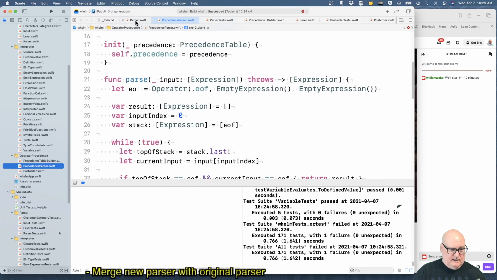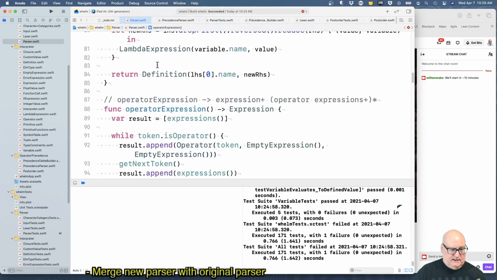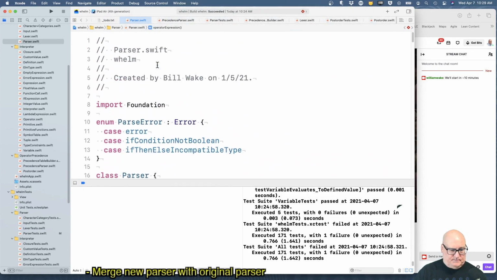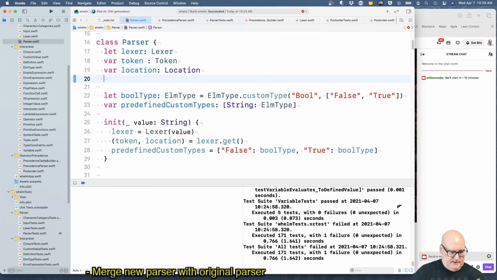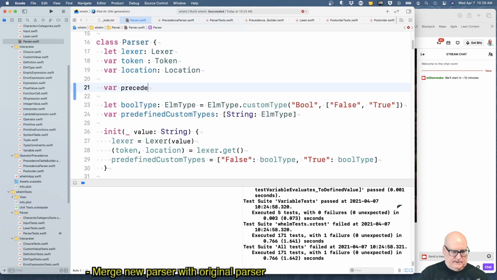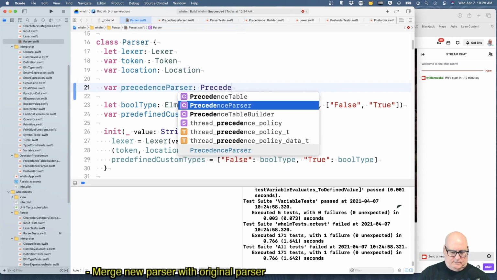So let's add a precedence parser to the initialization here. And I think we'll even call it that. Var precedence parser is a precedence parser.